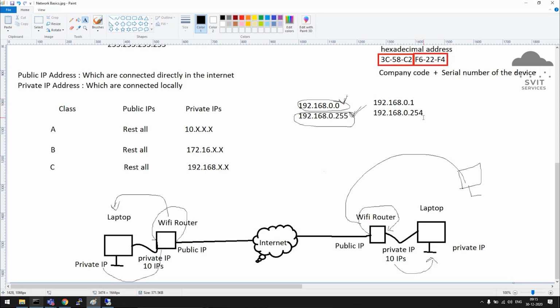Some 80% of network admins will prefer .1. It's up to them, they can configure anything as a gateway. So 80% of admins by default will configure 0.1 as gateway. As 80% of admins prefer .1 as gateway, it is easy for hackers to identify someone else's gateway. That's why a few people, some 15 to 20%, will configure 254, and that is also expected. If not 1, then it will be 254.